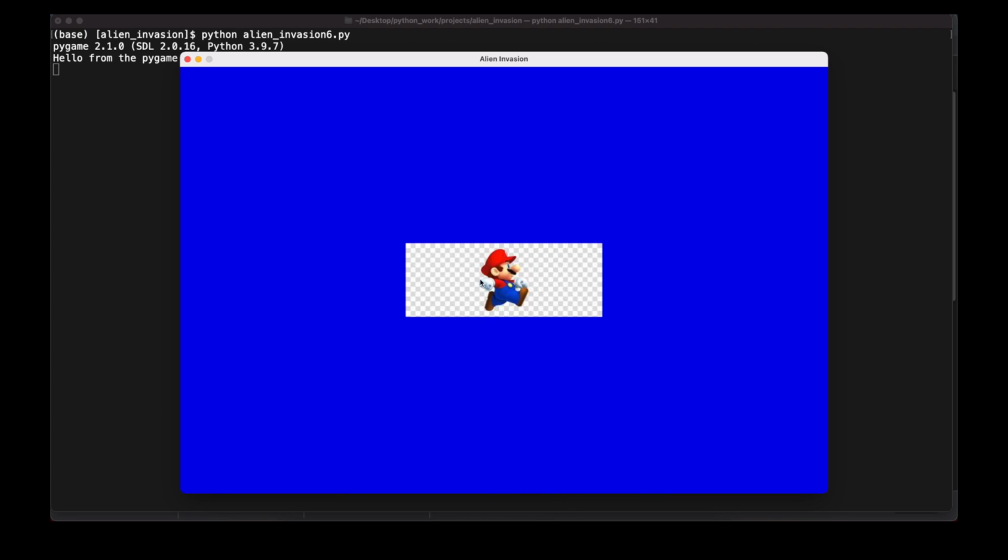Now we can see we have an image of Mario here in the center. We have our blue background, so this is how we can adjust both our background color and add additional images